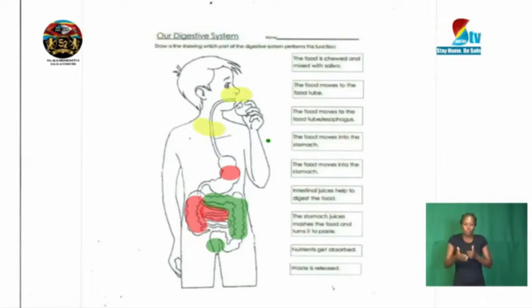I'm going to go back a little bit and talk about the fact that in the large intestine, water is absorbed there, before the undigested food goes to the rectum. Then from there, the undigested food called feces will be taken out through the anus, and then that is just the journey that is taken by